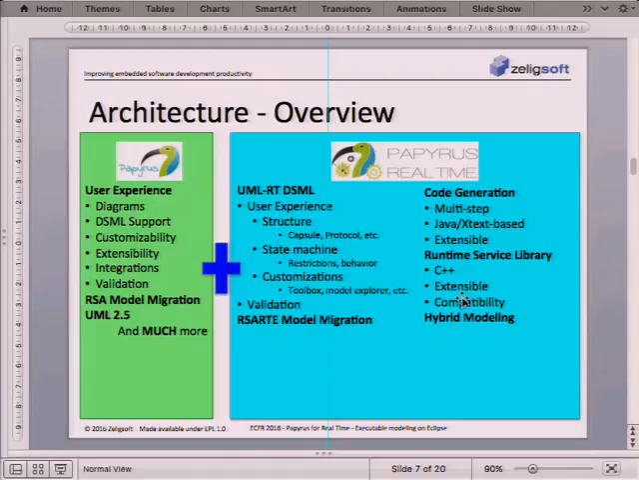Papyrus was not exactly known for its usability in the past, so we're trying to resolve that, both on the Papyrus level, but also especially on tools that are implemented on top of Papyrus. We're also doing a migration from RSA Real-Time Edition, because we do have customers, we have users who are interested in moving their models to Papyrus